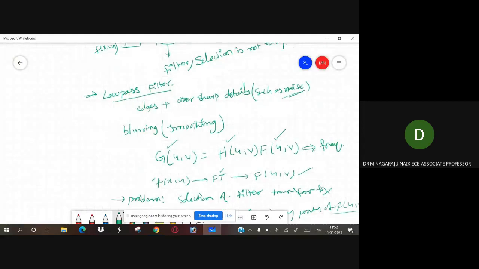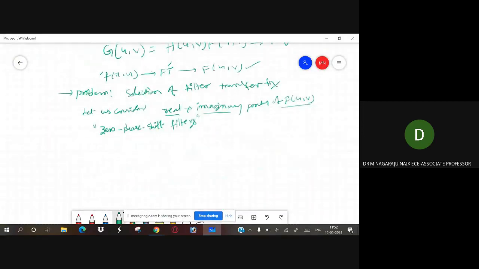Okay, now this is about the low pass filter. Now the second one is ideal low pass filtering.